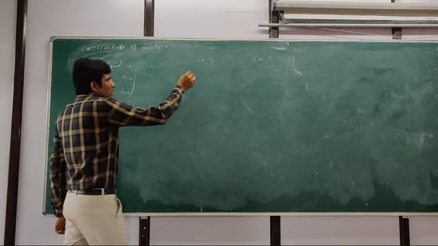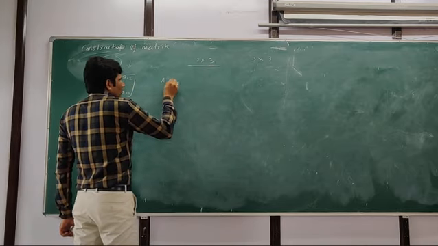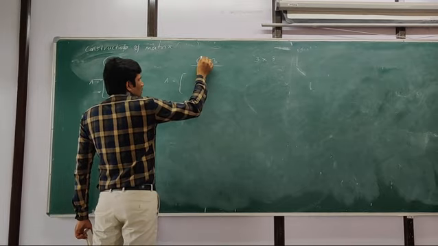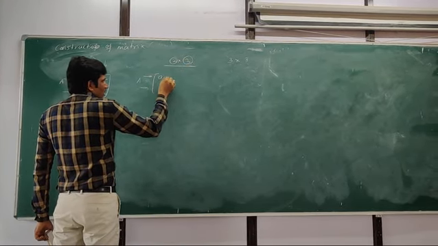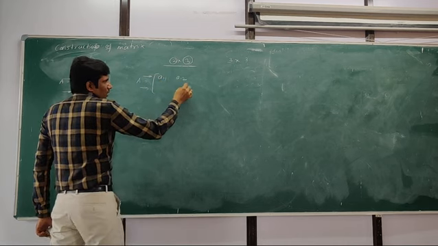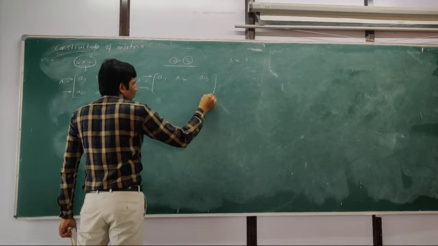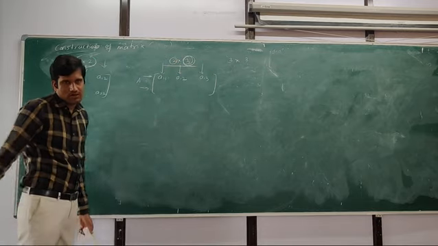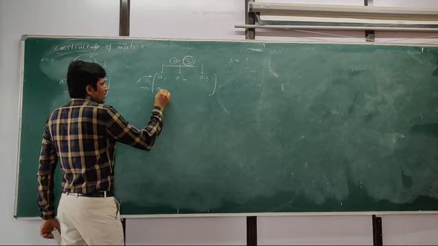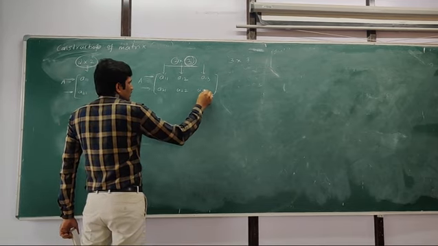So what about a 2 cross 3 matrix? Construction of a 2 cross 3 matrix means we have to write 2 rows and 3 columns. So 2 rows here. What is the first element? A11. What is the next element? A12. What is the next element? A13. We have to stop here because we must have 3 columns. So this is 3 columns. Then the next row is A21, A22 and A23.